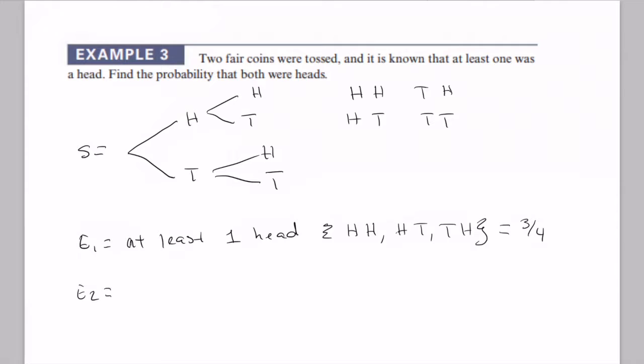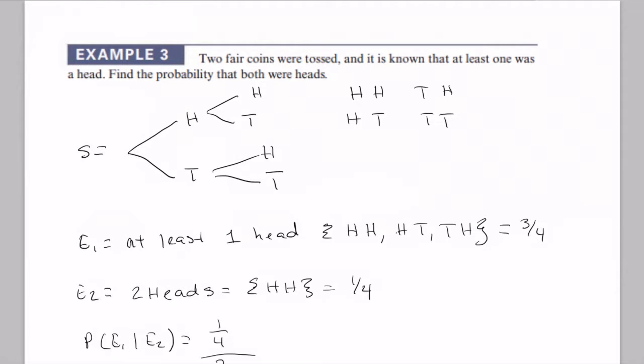For the second event, two heads, that's HH, which equals 1/4. So now we're going to use the P of E1, E2, which is equal to 1/4 over 3/4, which equals